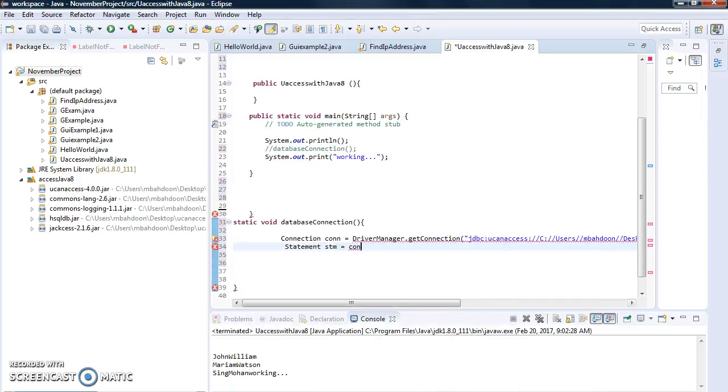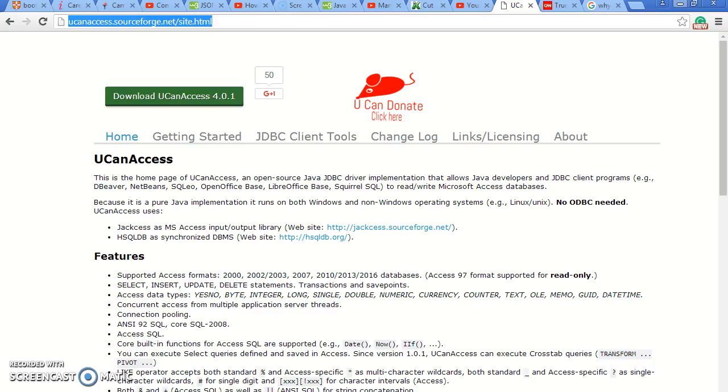So I'm going to show you, as I said, where you're going to go to download first. So you're going to go to this site. You can access SourceForge. This is the site you need. And this is the file you need to download, 4.0. I believe this is the latest, or maybe there's another version that came after this. And when you're done here, we're going to go to